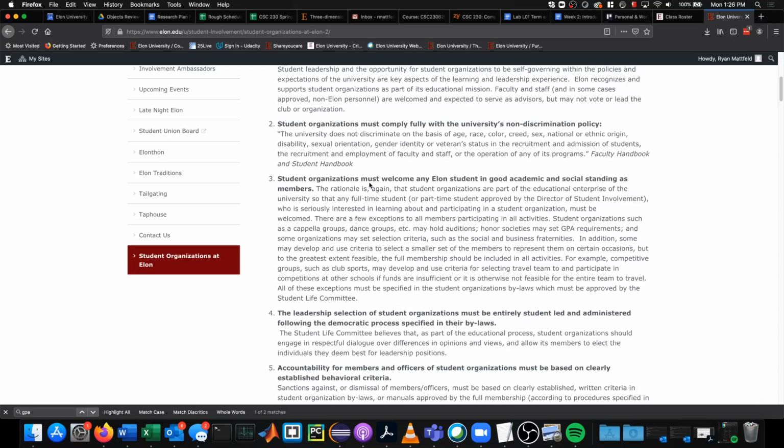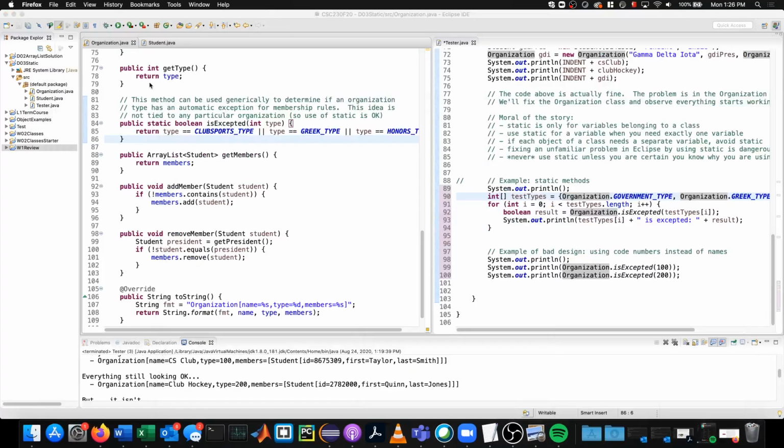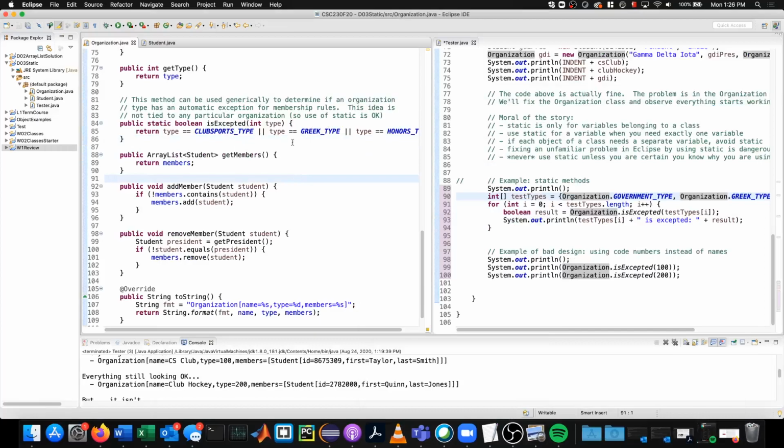So student organizations must welcome any Elon student in good academic and social standing as members. That is a general rule across the board. However, there are some types of clubs that have exceptions to this. So for example, if you're a sports club, then you might be like a men's soccer team or a women's soccer team. And so if you are a club sports type, you're excepted from that rule